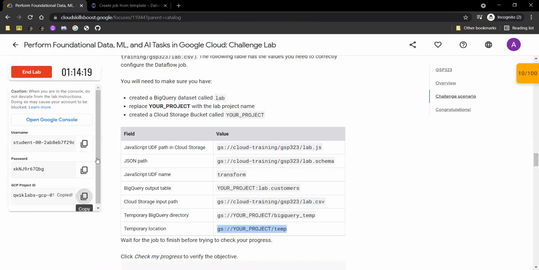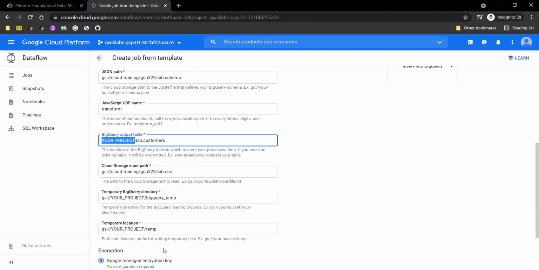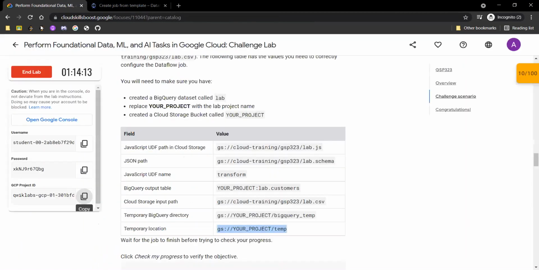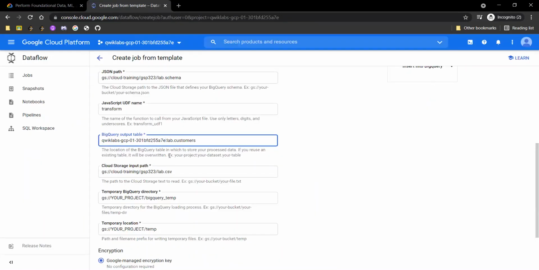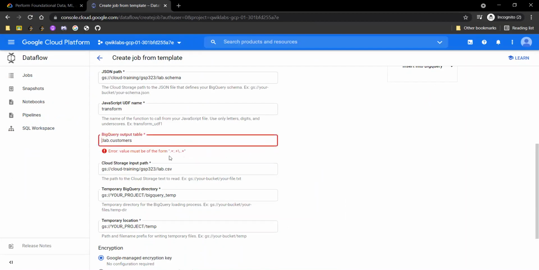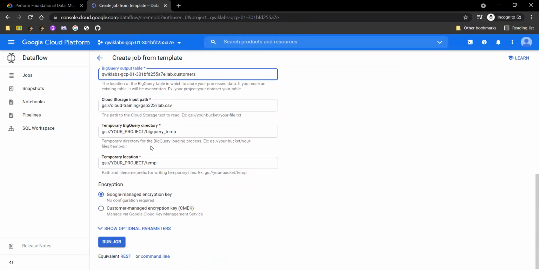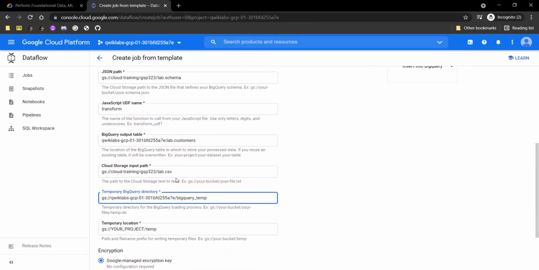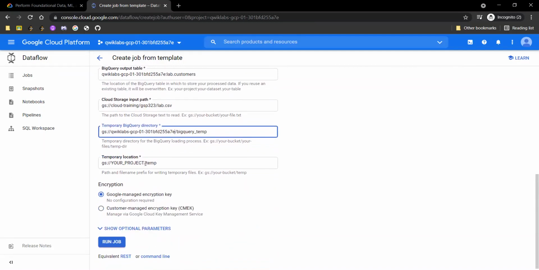Just copy your project ID from here, remove this and paste your project ID. Do the same for this field also, and for this as well.